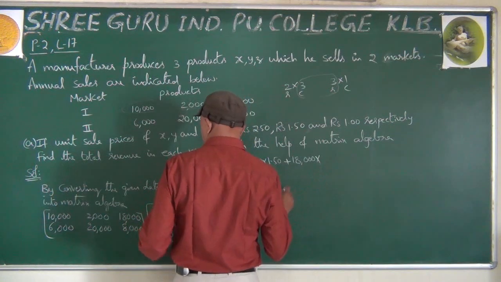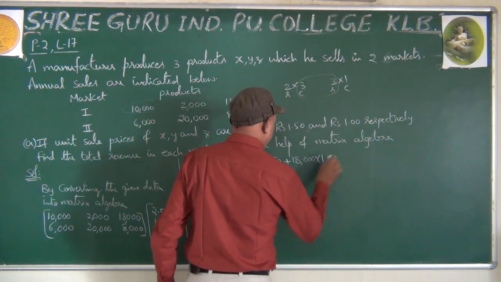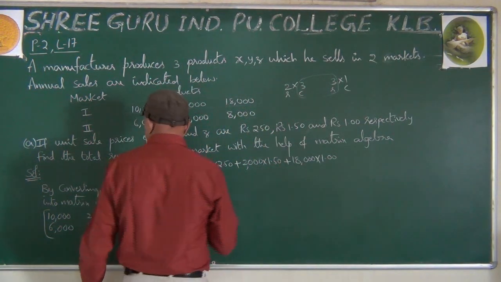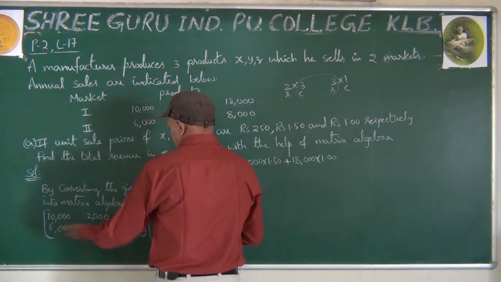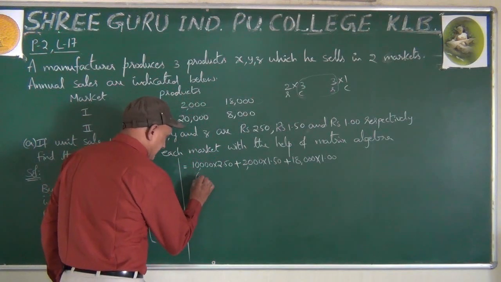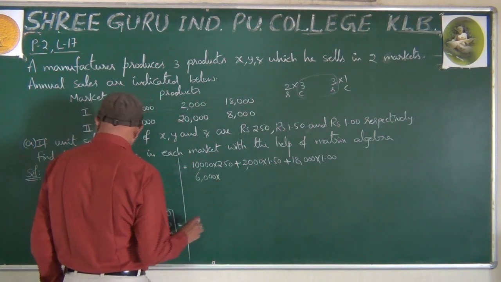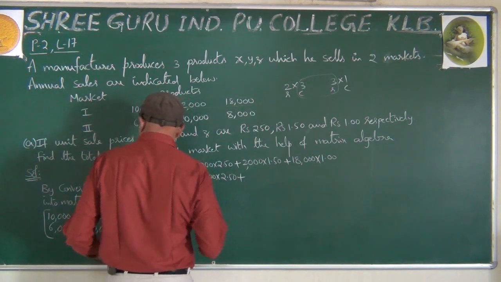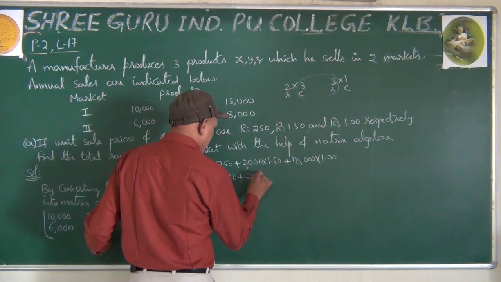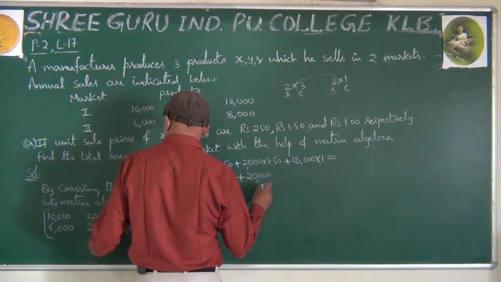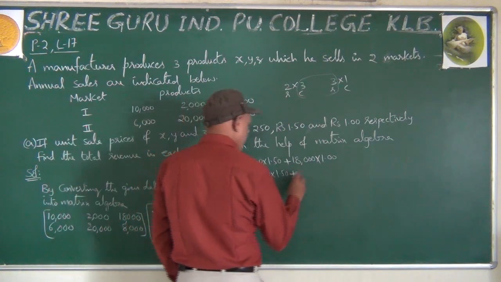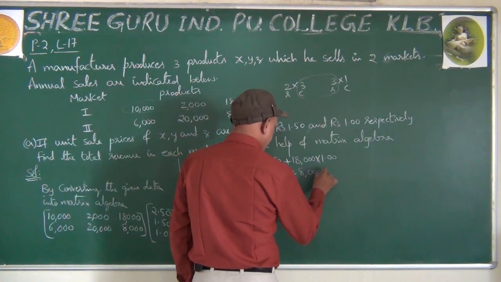Why? Because you already know matrix multiplication. You start multiplying; you don't need to wait for my explanation. Plus 18,000 into 1. Try without using a calculator, you can solve easily. Immediately don't start searching for a calculator. These are simple simplifications. So how can we multiply these decimal points? See, you will find it easy.